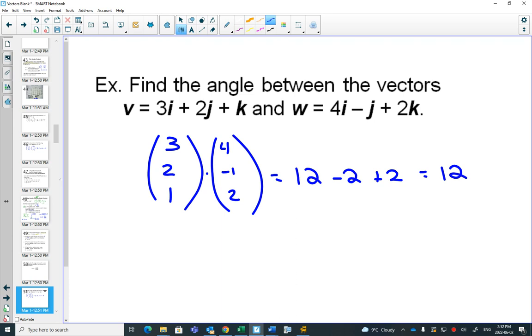Right away, I know that the angle between these 2 vectors is between 0 and 90 degrees. And if I want to find the angle, cos of theta will equal the dot product over